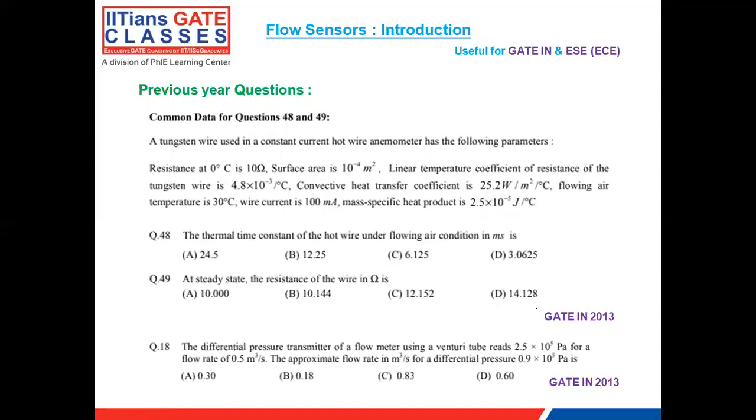So in 2013, this is not a tough question, but there is a lot of concept behind it. This tungsten wire, hot wire anemometer, is not a complex topic, but there are a lot of concepts behind it. We will see the concept in great detail and derive some of the equations. We will study the static characteristic, the dynamic characteristic, then calculate the transfer function and some steady state, what the resistance will be, and all those things.